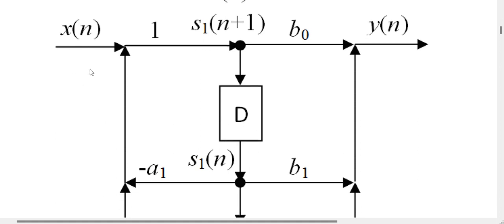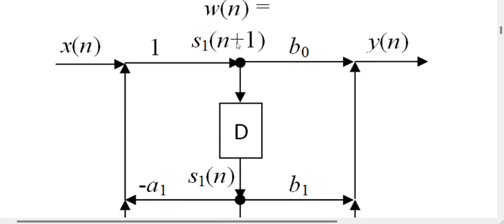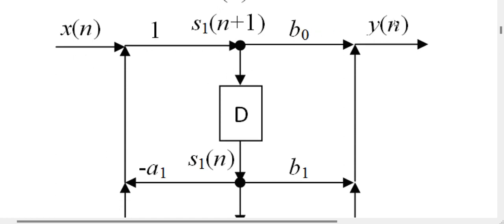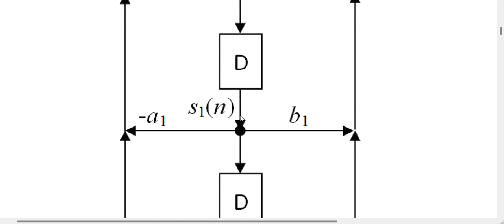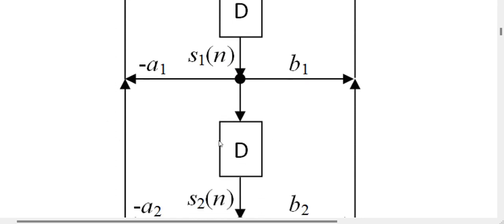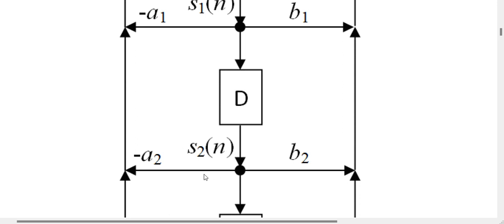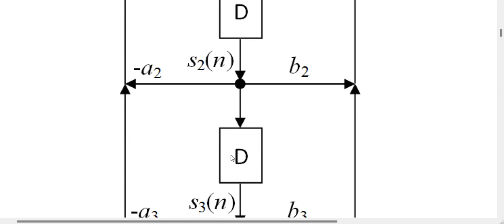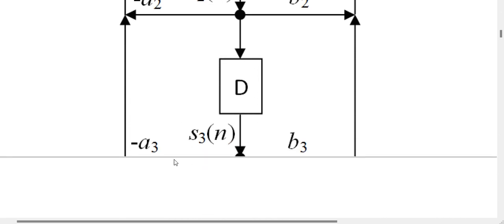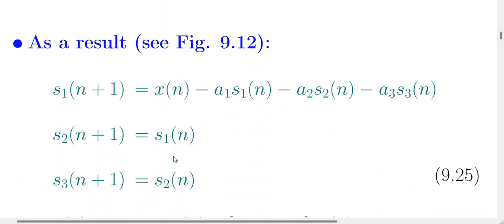The input, S1[n+1], w[n] is equal to that one, B0 output. Delay S1[n] minus A1 plus B1, delay S2[n] minus A2 plus B2, another delay, and so on. As a result,